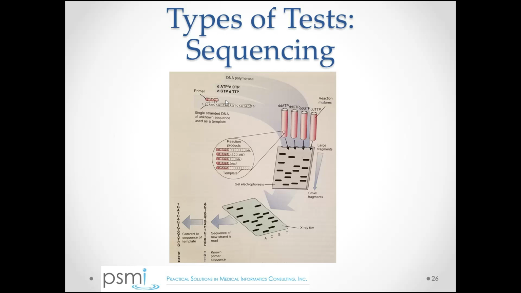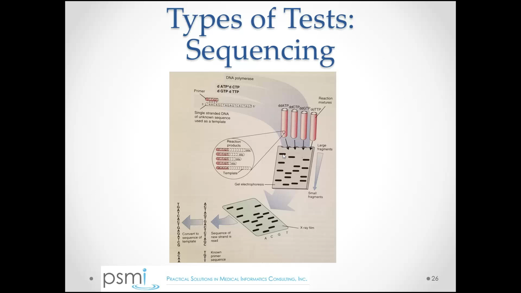And when one of the chain terminating A's gets added, that's it. It stops. That particular chain in that test tube is done. It's going to be fixed at that length. And so in the test tube that has the chain terminating A,